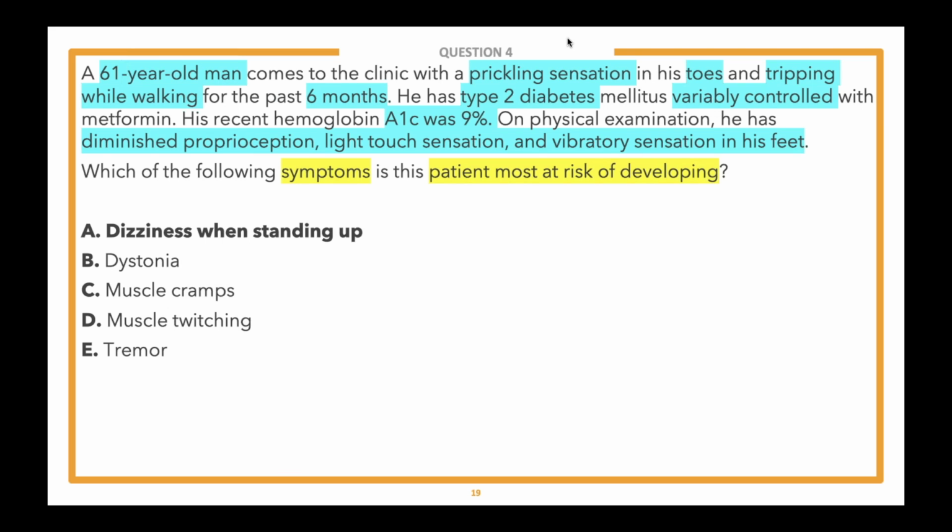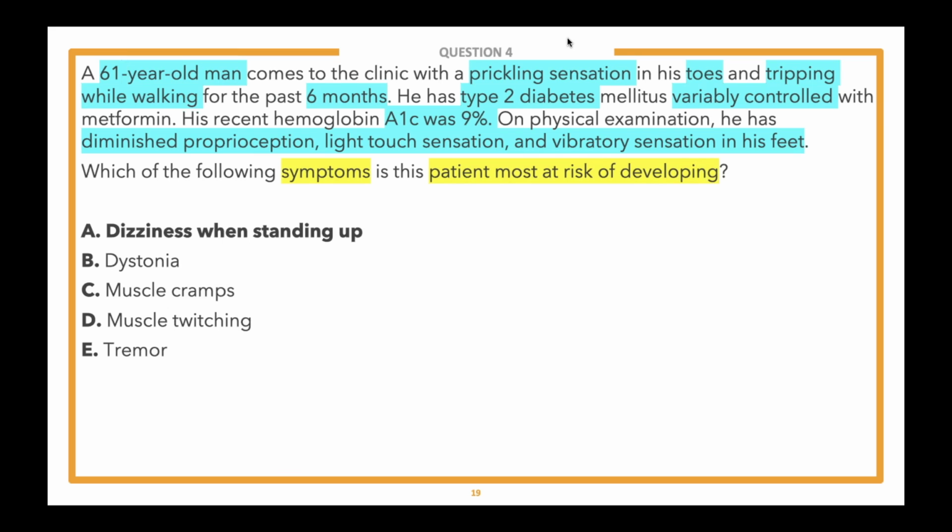In this case, dysregulation of that sympathetic system means that you do not get that vasoconstriction when you stand up. So it would lead to a drop in blood pressure, a rise in heart rate, and you would get dizziness when standing up. Autonomic neuropathy can also lead to abnormal sweating, impotence, gastroparesis as well. If those were other options, those would also be good choices, but of these answer choices, answer choice A is